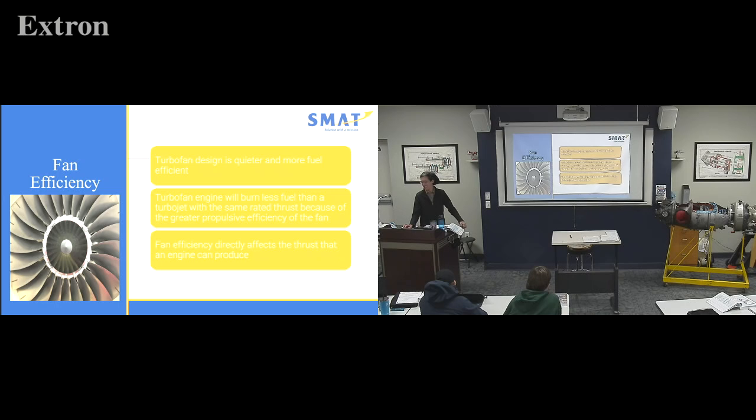All right, just a couple more to go. So, fan efficiency. Turbofan, again, designed to be quieter and more fuel efficient. So, turbofan